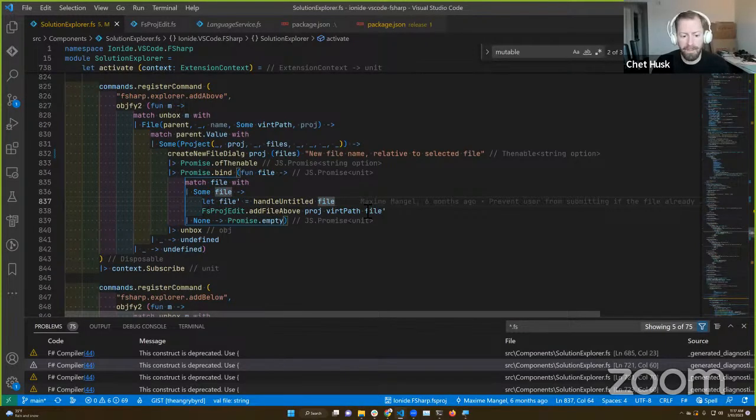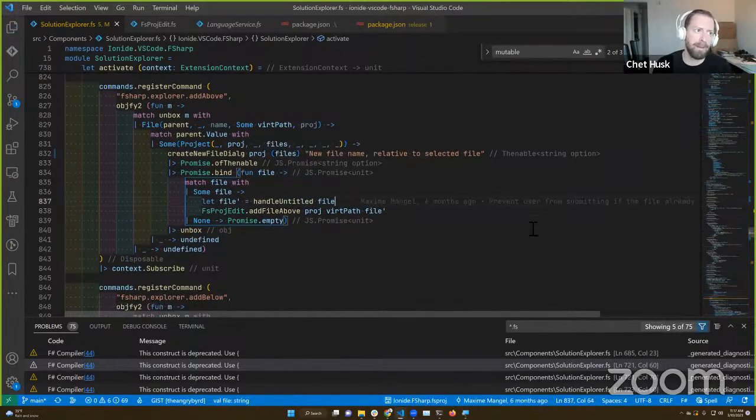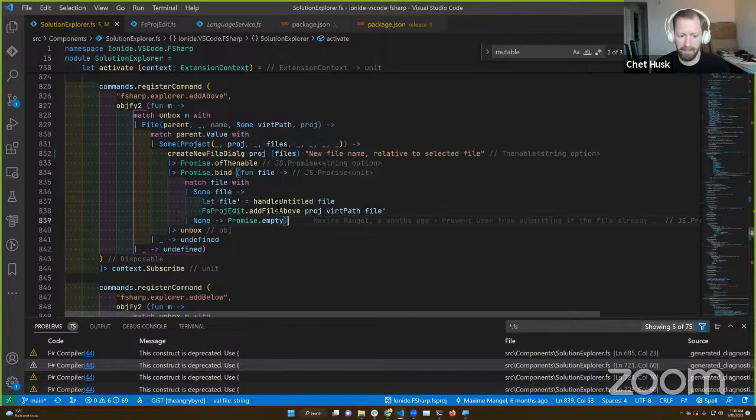So then the most important thing is that I guess we would spawn a new promise right here. So what I was thinking about was: do the work, spawn the add file above promise, and then add a reject handler on project.addFileAbove that would undo the addition.